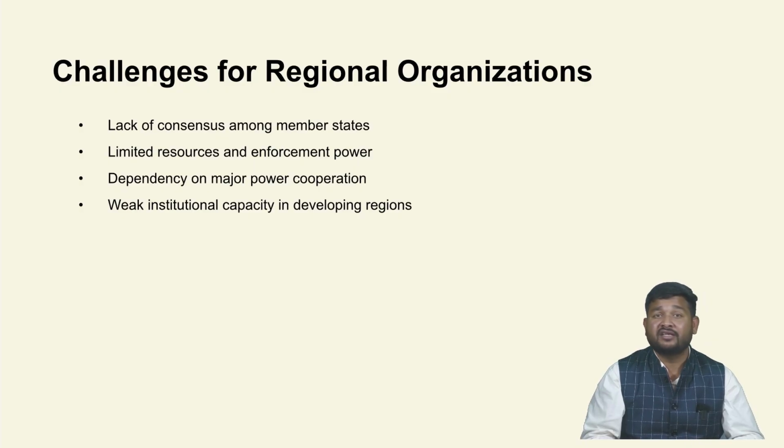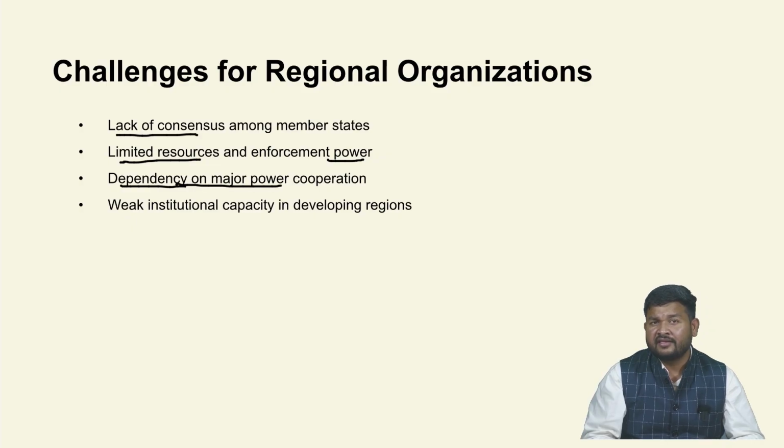Capacity constraints mean that some regional organizations lack sufficient money, trained personnel, or logistical capacity to implement decisions or conduct effective peace operations. Internal divisions arise when member states disagree, are aligned with different external powers, or are themselves parties to the very conflict the organization is supposed to manage. These limitations show that while functional and regional approaches are promising, their effectiveness varies widely by region, historical context, and issue area.